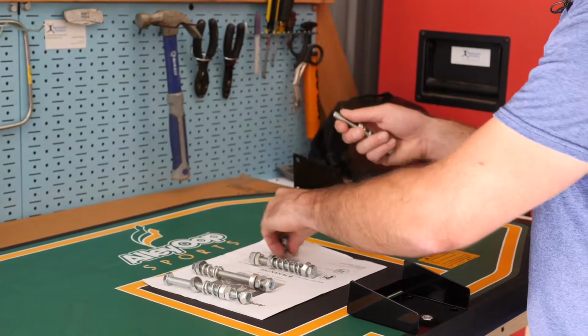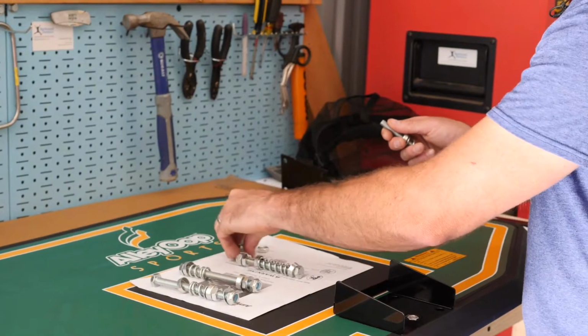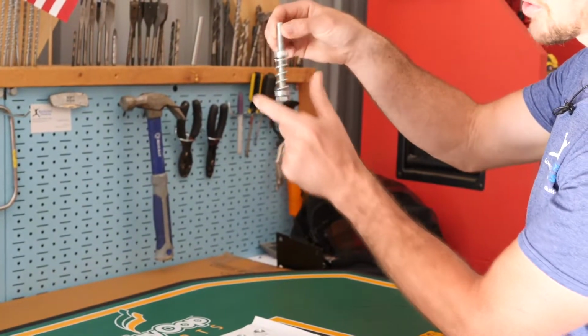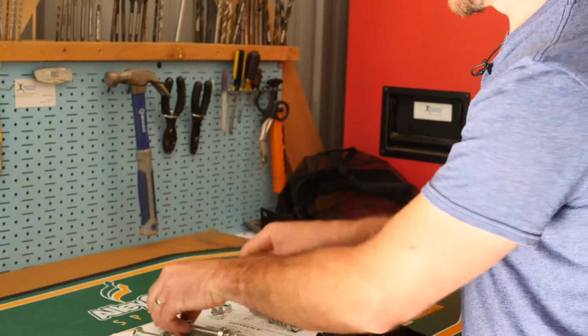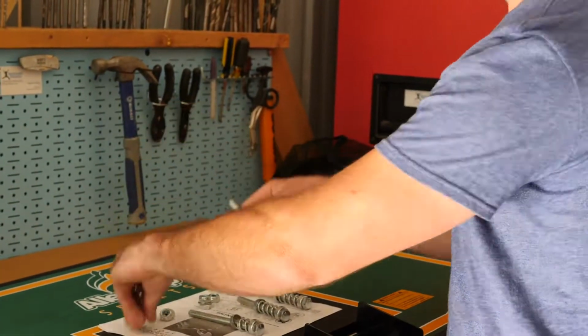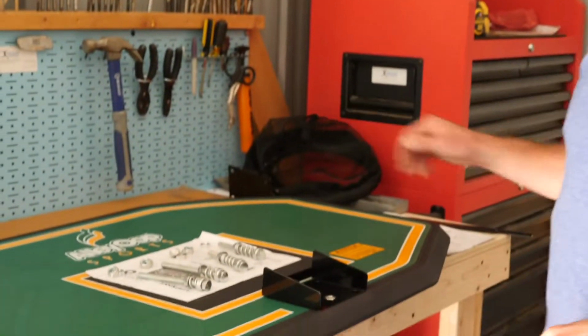So what I like to do is take both nuts off as well as the washer. So it's just this setup here with the spring and the 2 spring washers on this. And I do that with all 4 of these bolts. Okay, after all the washers and nuts are off,